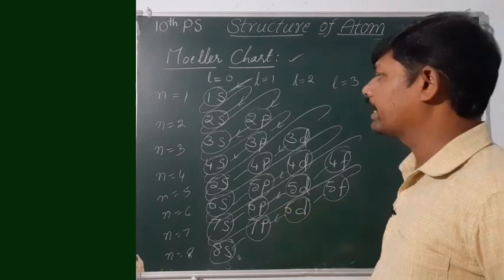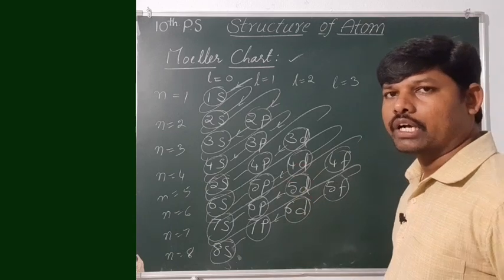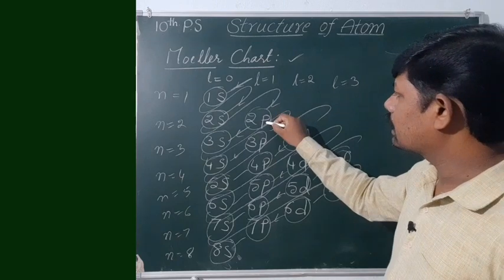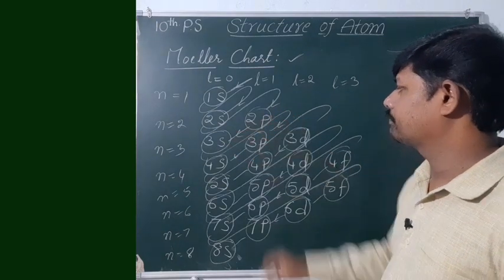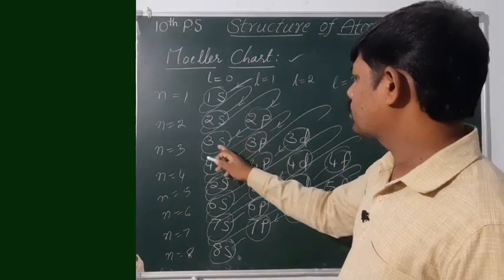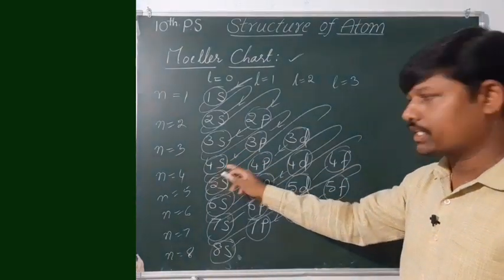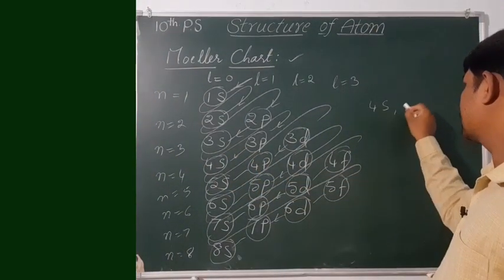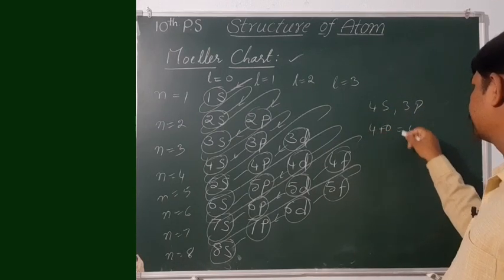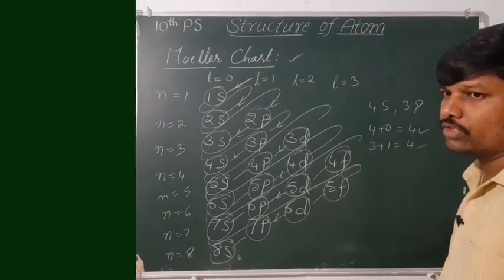Okay, so you can observe the diagram in the textbook also, so clearly. According to this order electrons will occupy. So why after 2p are electrons going into 3s, the next level? After completing this 3s, whether the electrons enter into the 4s or 3p. So 4s and 3p. What is the n plus l value of 4s? 4 plus 0, that is 4. 3 plus 1, that is equal to 4. Both have the same energy.